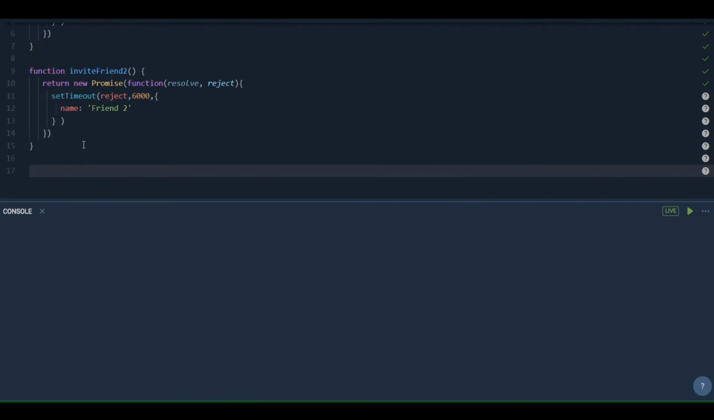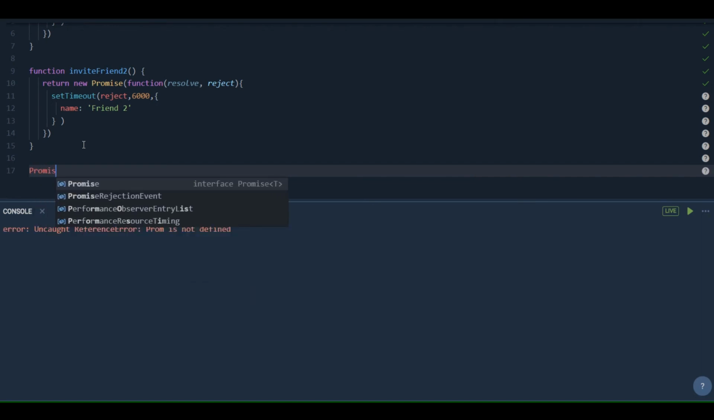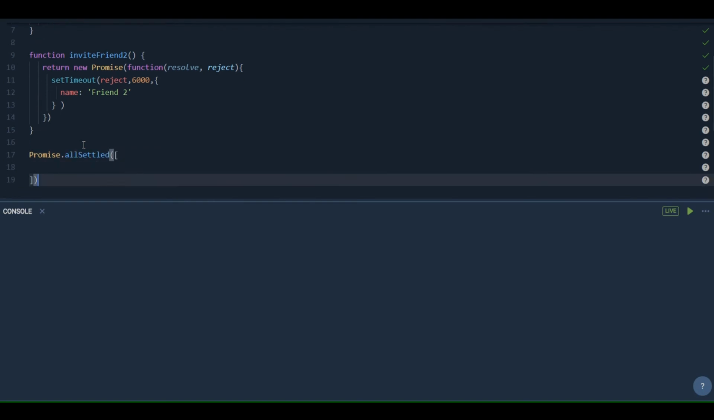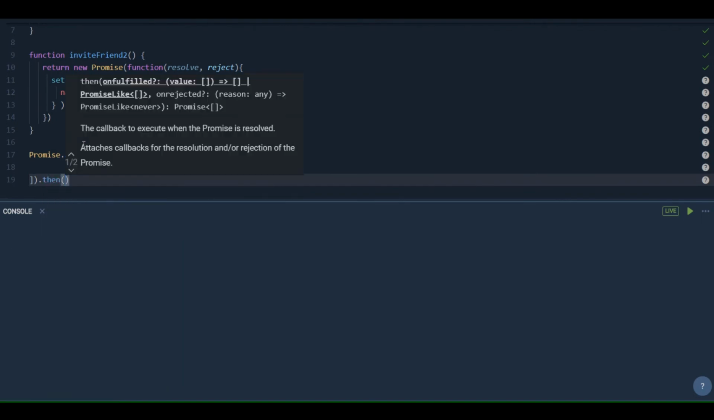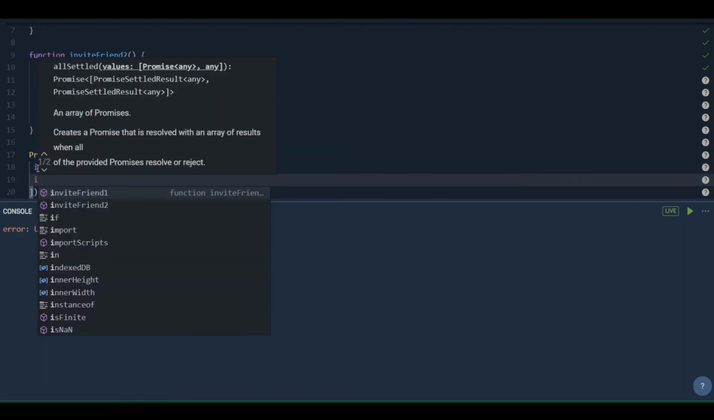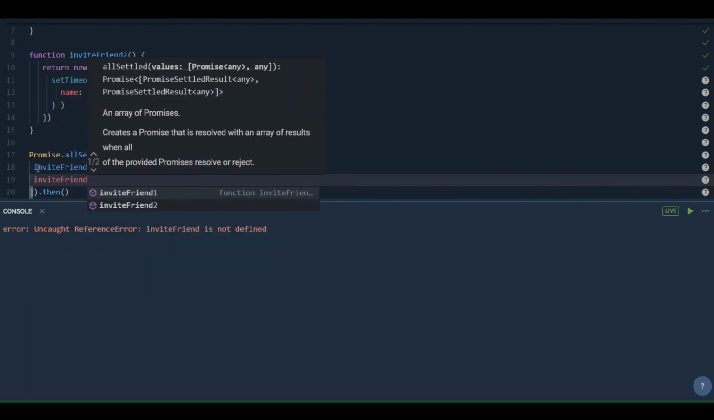Now here we want to capture both the promises, whether they are rejected or fulfilled. So I'm going to write promise.allSettled. This allSettled means that once your promise is settled, we will execute this then block. So once all the promises inside this array are settled, it will come inside this then block. So I'm going to pass invite friend1, invite friend2,